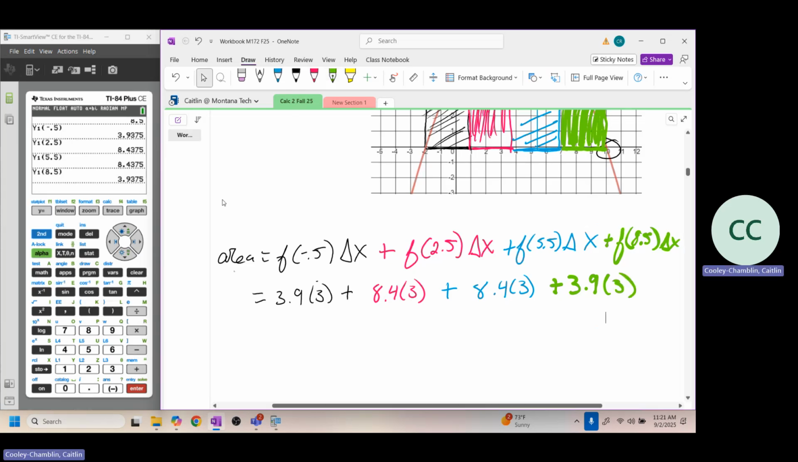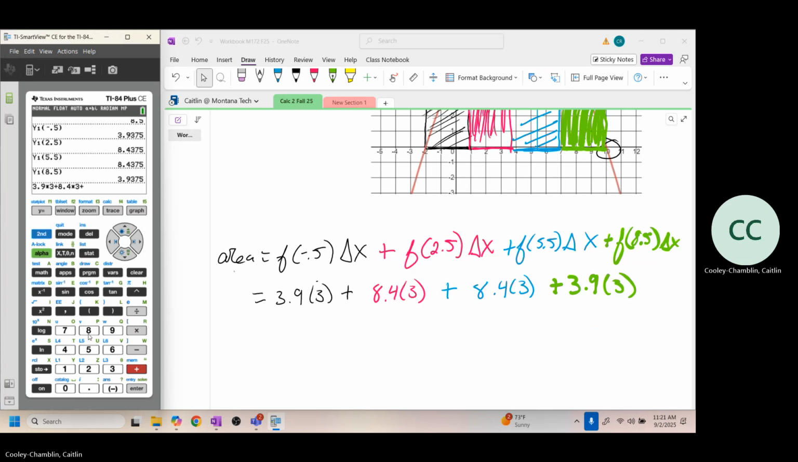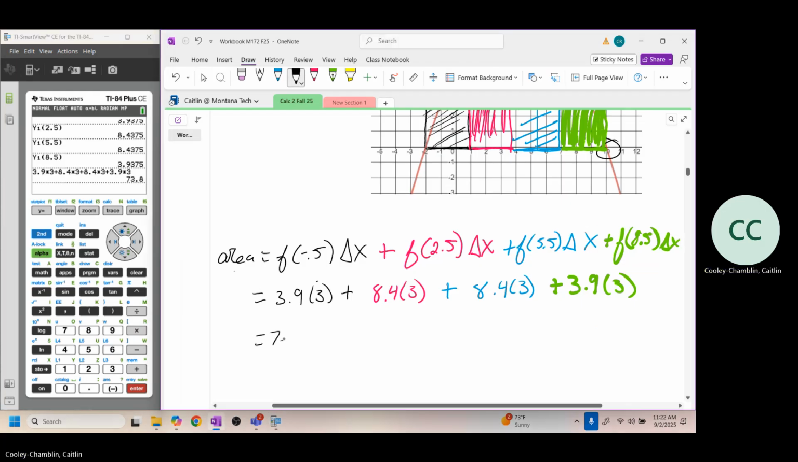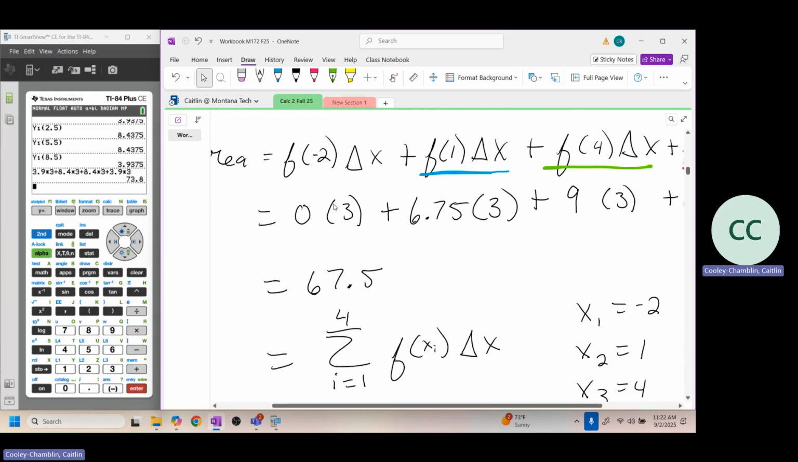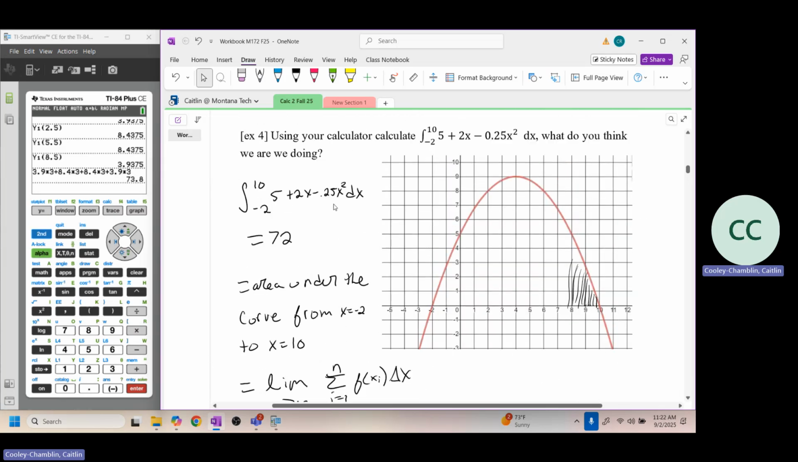Okay, so type this in my calculator, and we get 3.9 times 3 plus 8.4 times 3 plus 8.4 times 3 plus 3.9 times 3. And we get 73.8. So this is roughly about 73.8. And we already calculated this in a before lesson, and we were getting about 72. So now we're overestimating